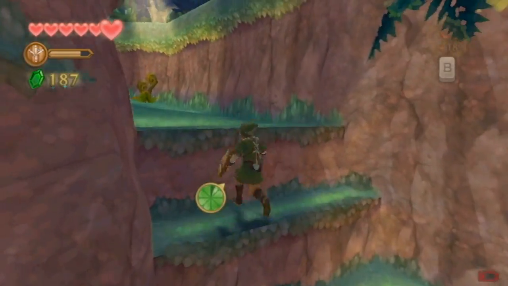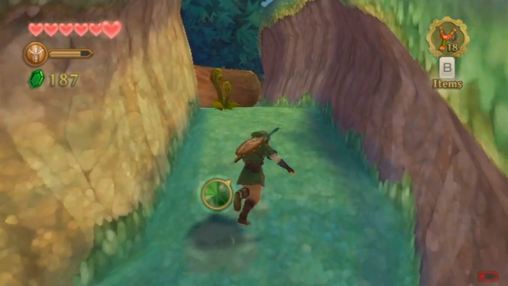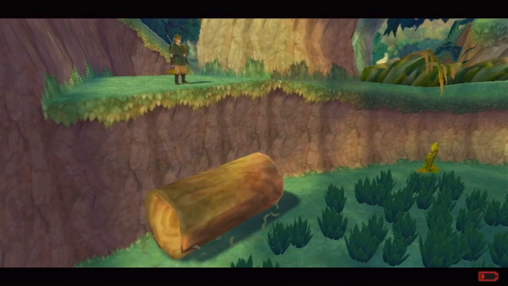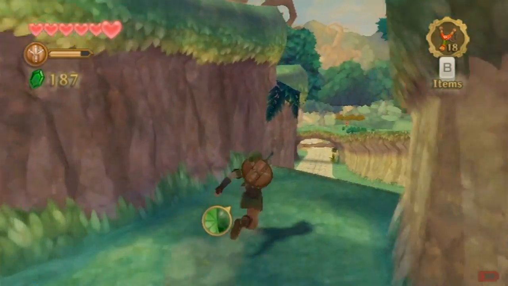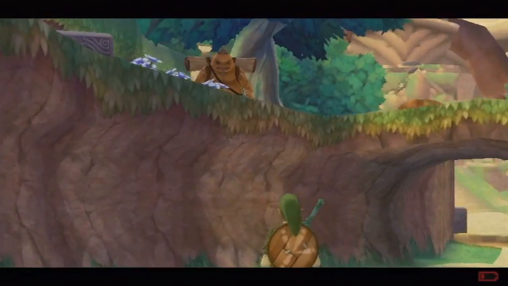Alright, so if we want, we can head up these little steps over here and make our way up a hill. And this will allow us to push down yet another log for another shortcut. There we go. So I guess that's pretty much just a way to bypass the tightrope, when it gets down to it. I don't think I really ever used that one, but...